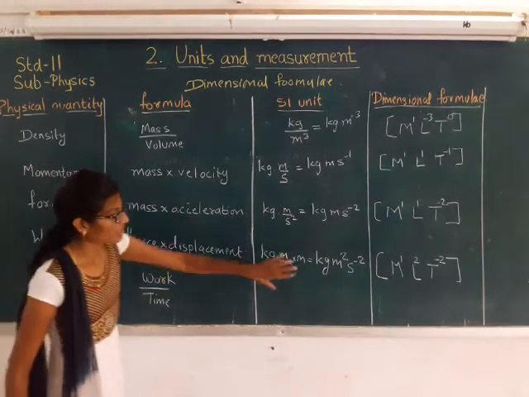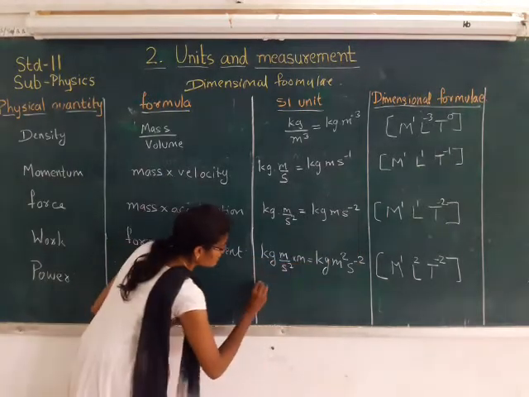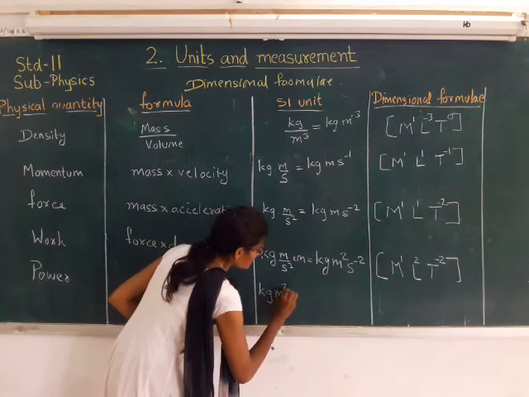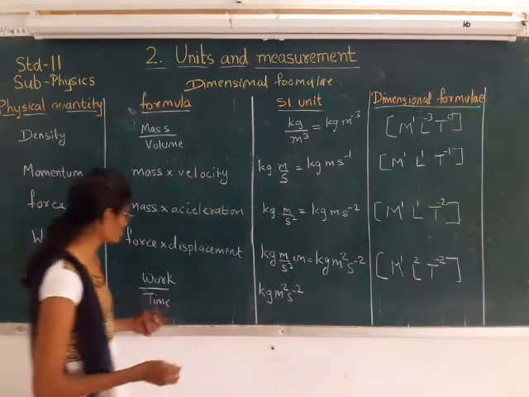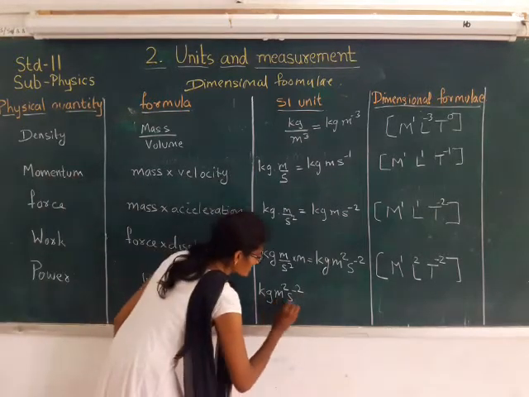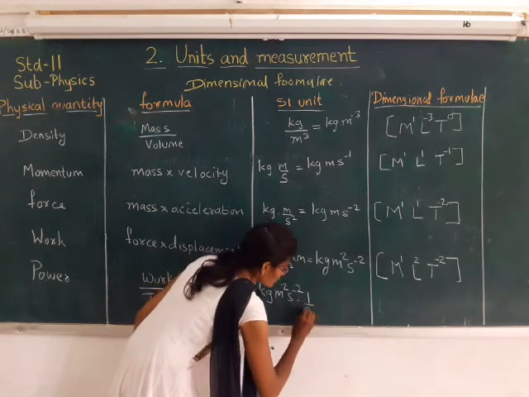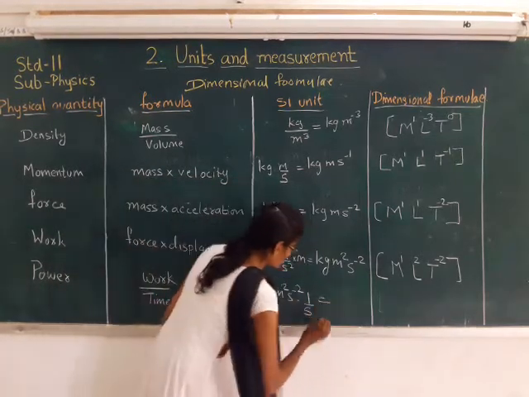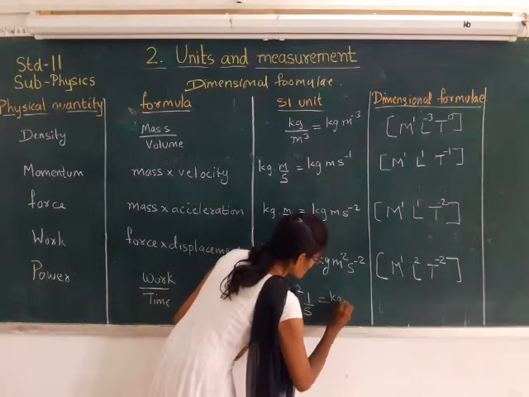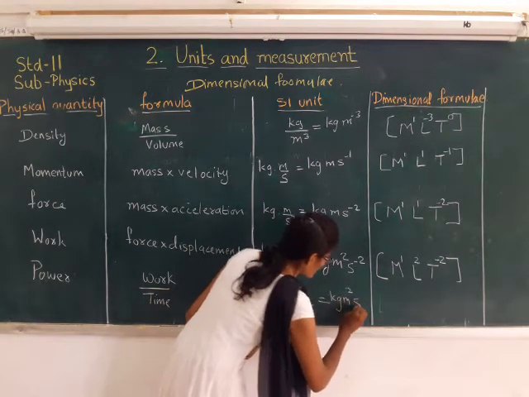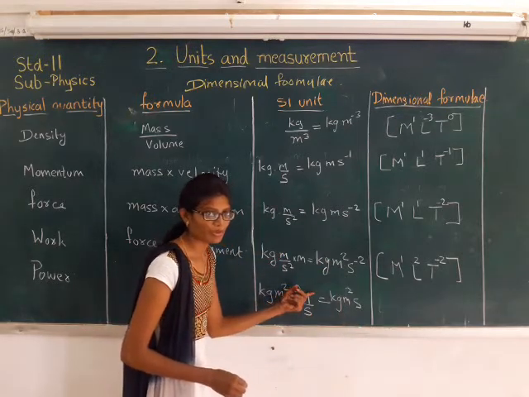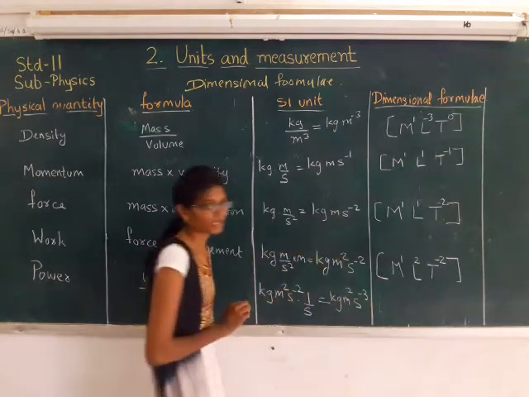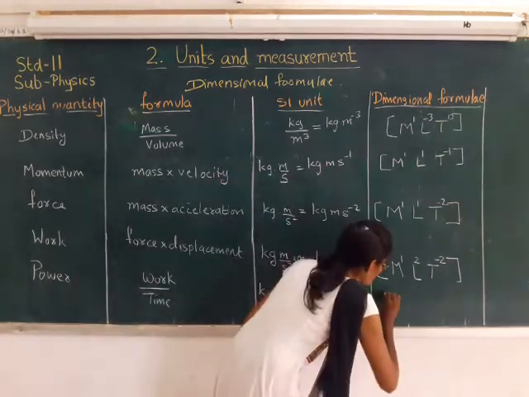So unit of work we can take it from here, that is kg meter square s raised to minus 2, upon time, that is 1 upon second. Taking this s in the numerator, we can write kg meter square. This s if we take in the numerator, it will be minus 1. So minus 2 and this minus 1 becomes minus 3, right? So its dimensional formula,